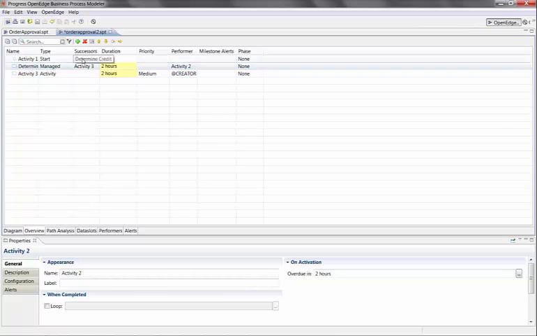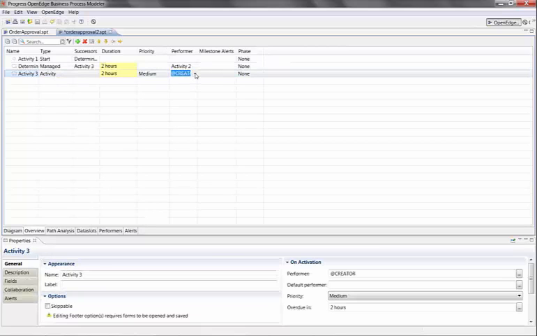And you'll notice that it's put determine credit is now the successor of start. Our third activity is going to be a human activity, so performer, and we didn't define any, so we'll just leave it as creator. The activity name is going to be approve credit,